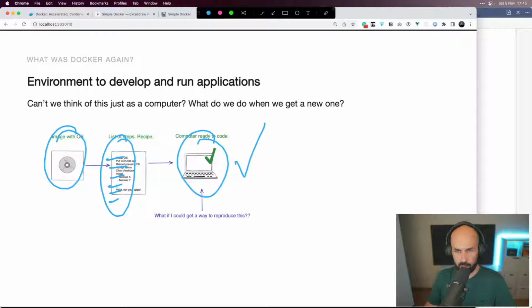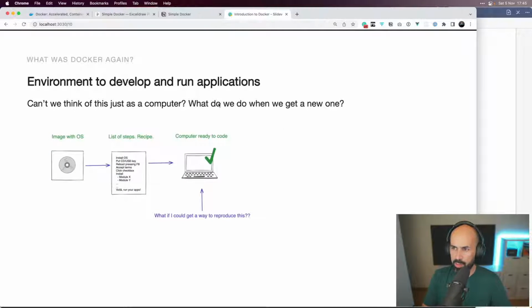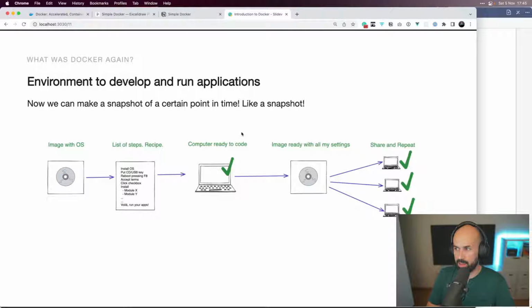If we go to the store and buy 50 computers more, we now need to reproduce all this environment. So there are tools that we can use to clone our entire hard disk to another computer. So like making a clone, and this would be a very tedious task, right? If we were to do this in real life.